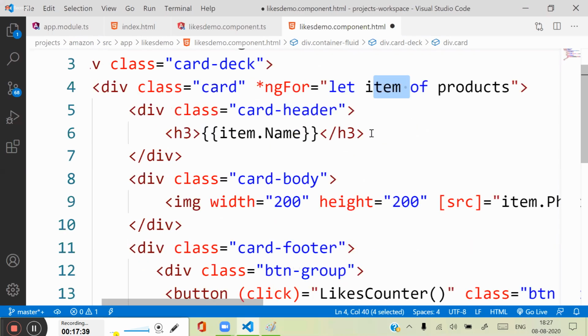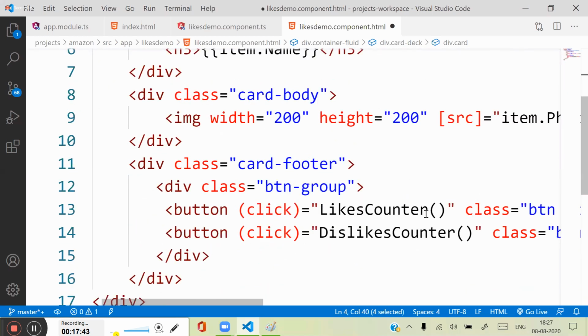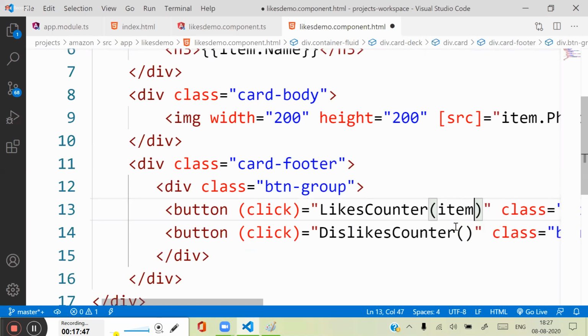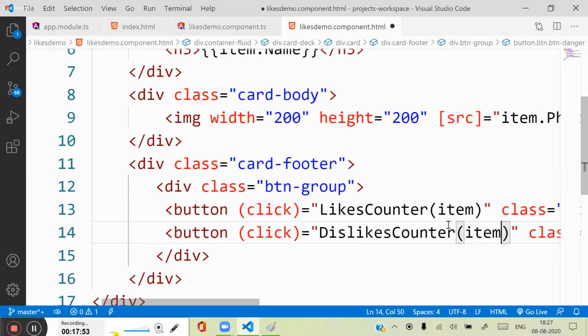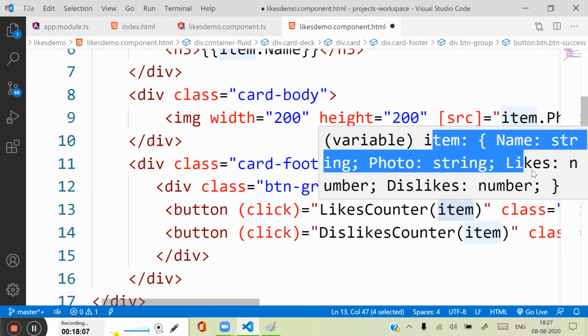That means for the first element, first item, you can pass this item into the function. That means for which item the buttons are created, that item's details are passed into the function. That means that item related name, item related photo, the item related item object is passed into